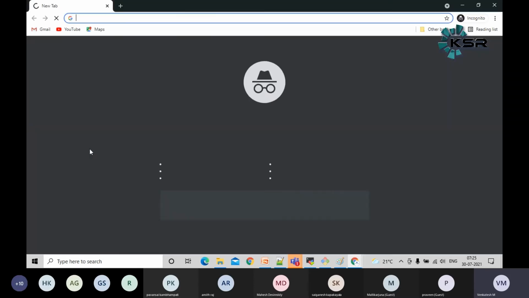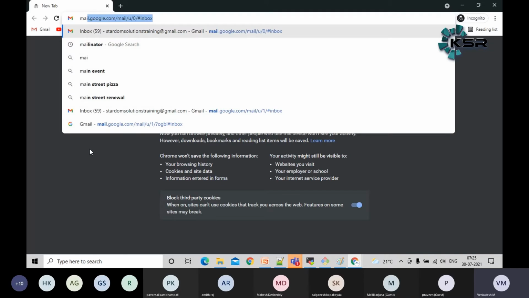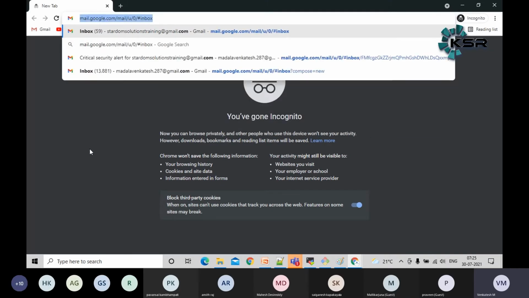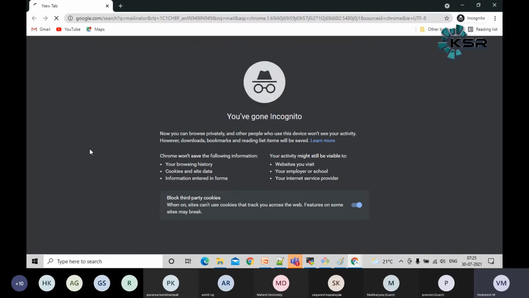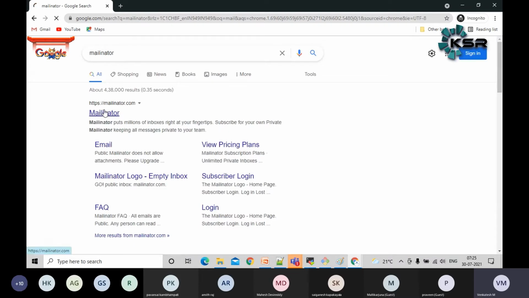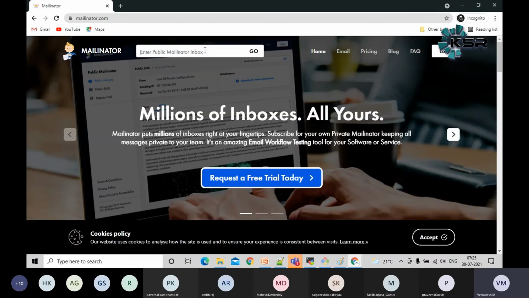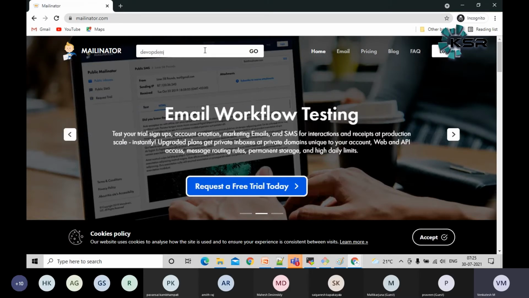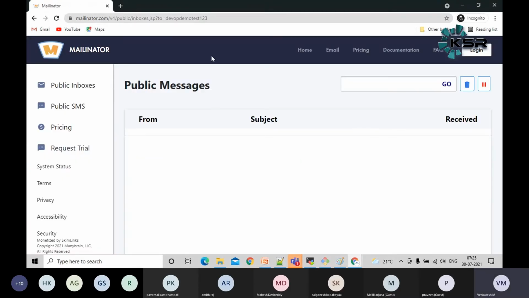If you want, let me open the same thing in Mailinator, in incognito. I hope it will send the email. Let me try this one. For the demo, I will create a new account, DevOps demo test 123. Here I can add n number of emails, just like this.